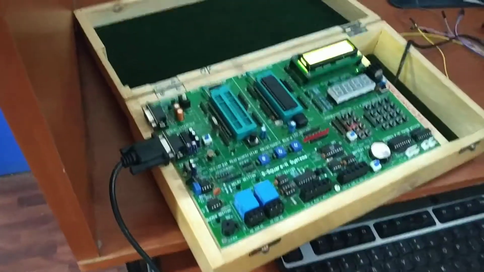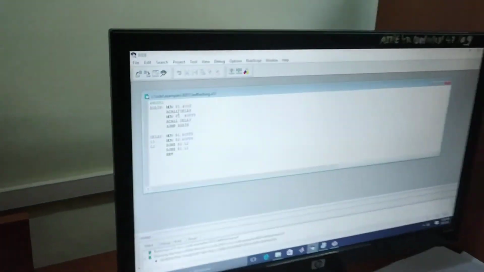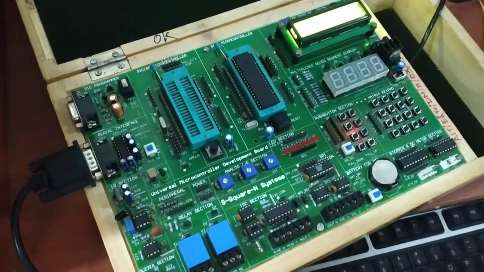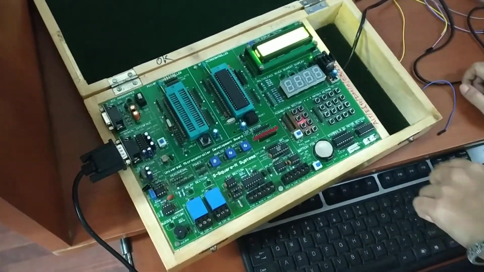The next part is in the code. If you go to our software and look very carefully, we have put port P1. So we are connecting the LEDs to port P1. In the kit, you can see that we have port 0, port P1, P2 and port P3. From these four ports, which one are we going to use? We are going to use port P1. Sir is going to show you the connections of port P1.